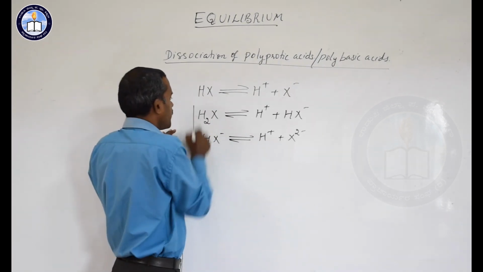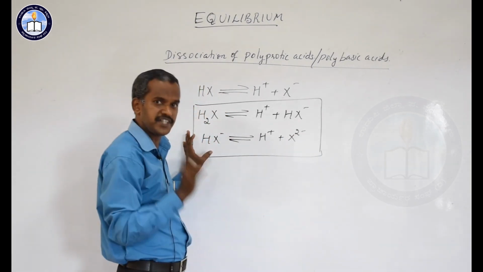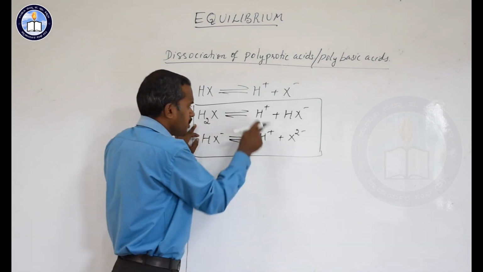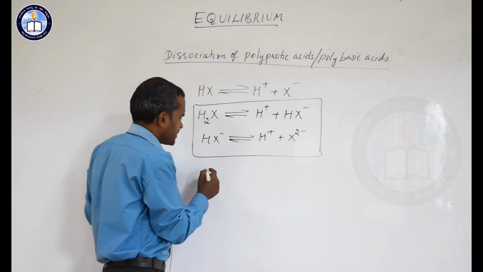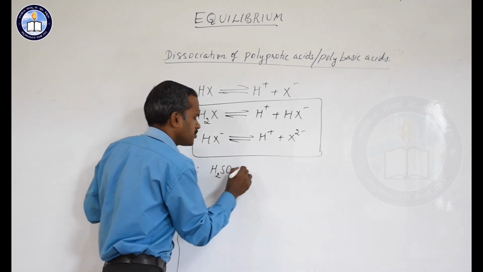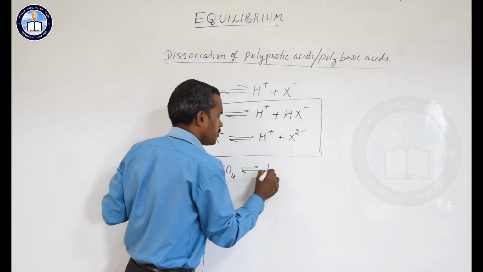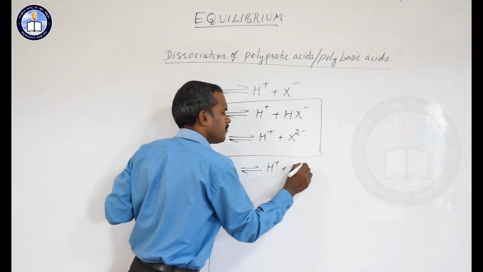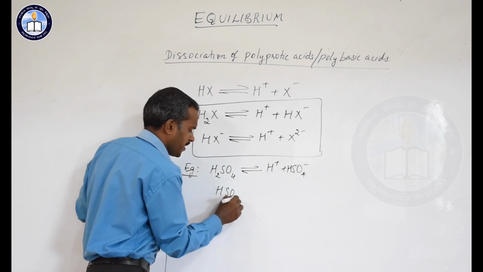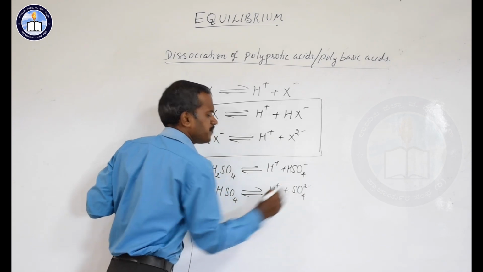Now when there are two different equations like this, concentrate on this. This is one of the examples in general for a polybasic acid. So there are two replaceable protons. I will give an example, then it becomes clear to you. H2SO4 on dissociation, actually it is a strong acid, I can't write a reversible sign, but it will produce first H plus and HSO4 minus, then that HSO4 minus again produces H plus and SO4 2 minus.